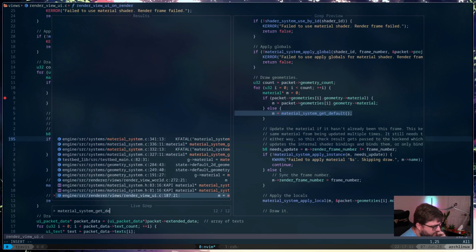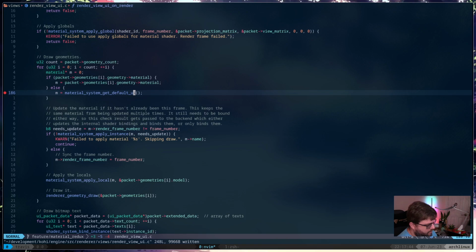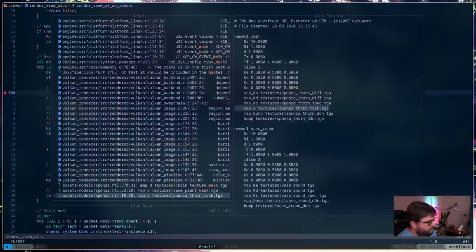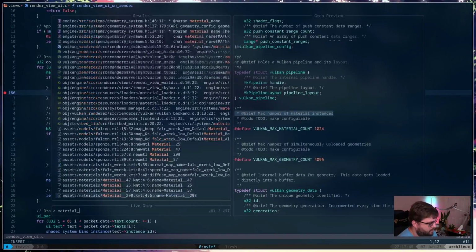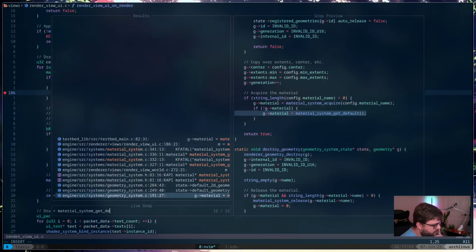So that's in render view UI. I suppose I should probably fix that one. Material system get default. Okay.